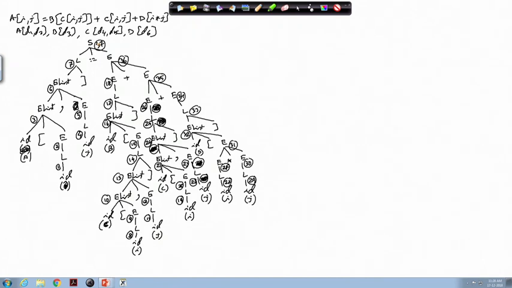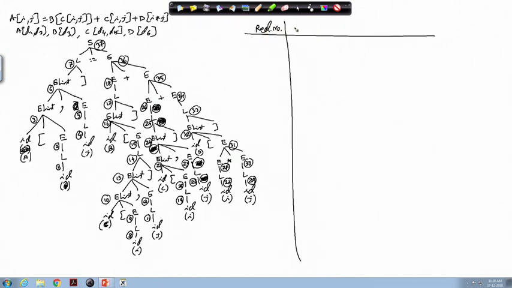Now, if we try to write down the code generated and the reduction numbers corresponding to that, it will be something like this. So, this is the reduction number, this is action, and the code that is generated. Okay, code generated.